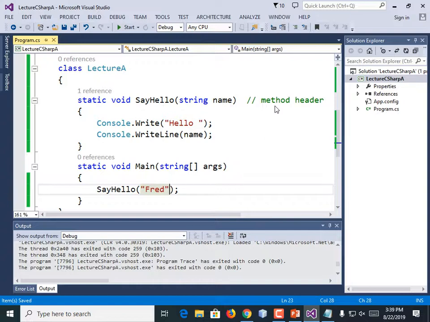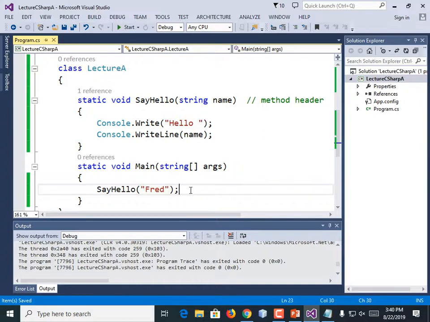So the way you can pause C#, unlike C++, is just by calling an input statement, right? Ask for something but don't even store its result. And there are other ways of doing it, but we could use read key in order to just sit there and wait for them to do something.